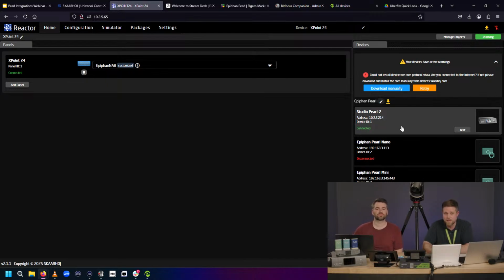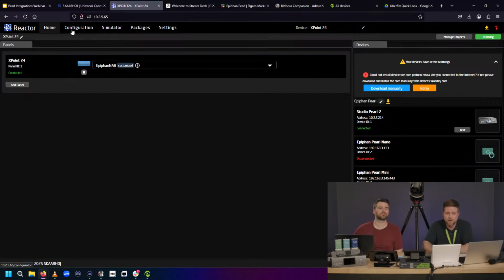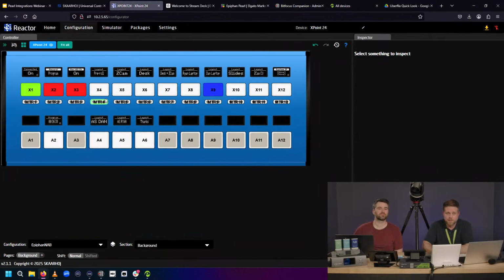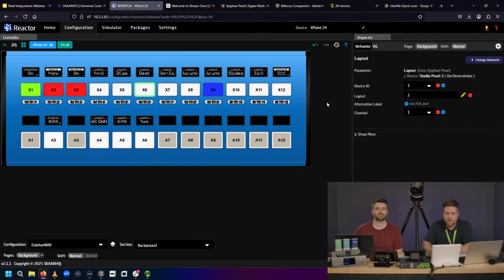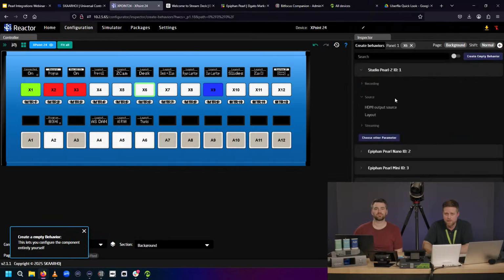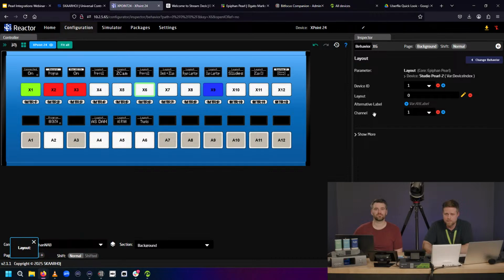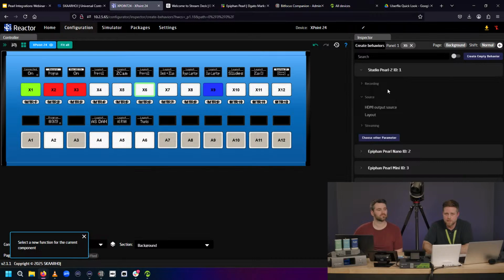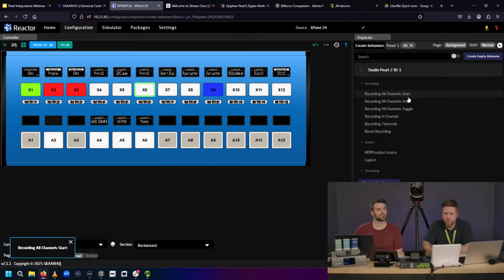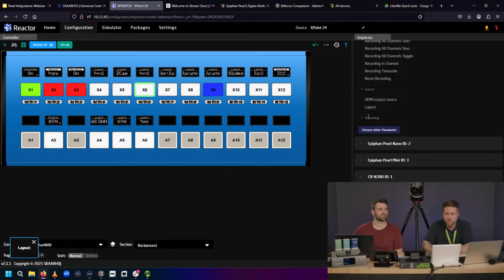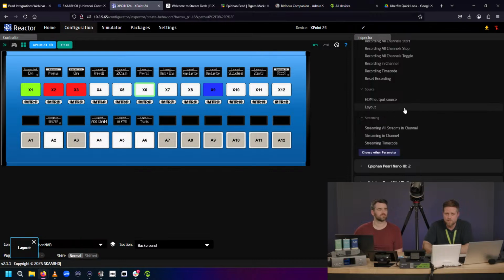I just put the IP address for my device, and then when I go into my configurator, I can really set up these buttons to do just about anything I want. And it's actually fairly intuitive to get up and running with this. I set this up last night before the webinar, and I can do things like download the plugin, and then I can see all the behaviors available to me. So if I want layouts, I can add them. If I want to start and stop streams, if I want to start and stop recordings, I've got all of these controls right within my Scarhoy interface. So really, the sky's the limit with these devices.